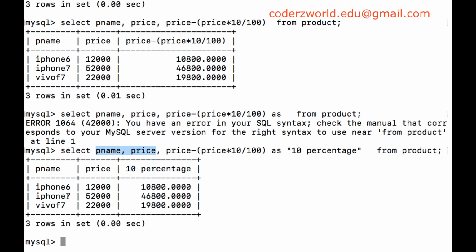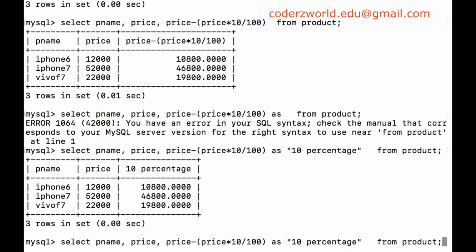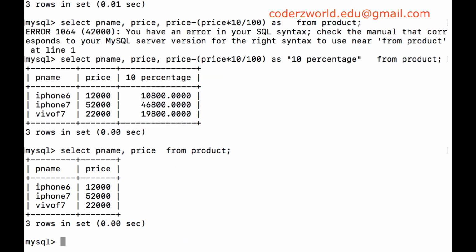While selecting, we are getting all the rows or records from the table. If you want only specific records, we can use the where condition. For the time being I am just removing this particular 10%. Now we have only product name and price. I want to filter only products with price greater than 20,000.